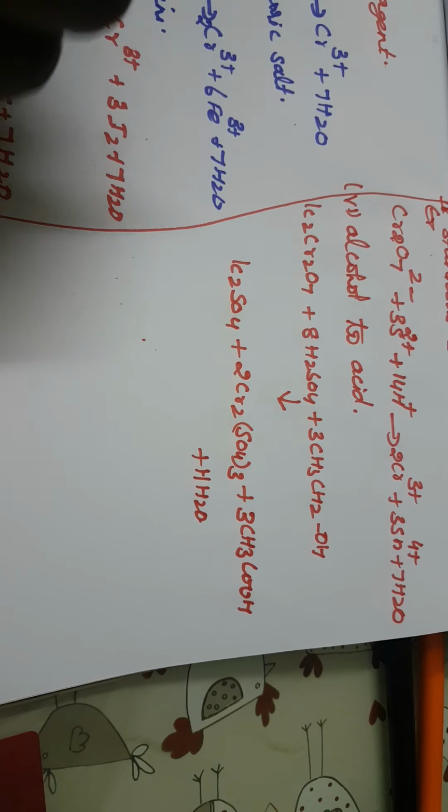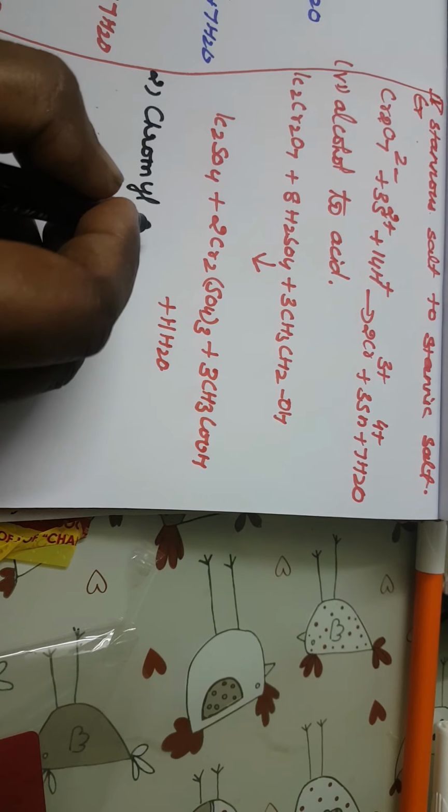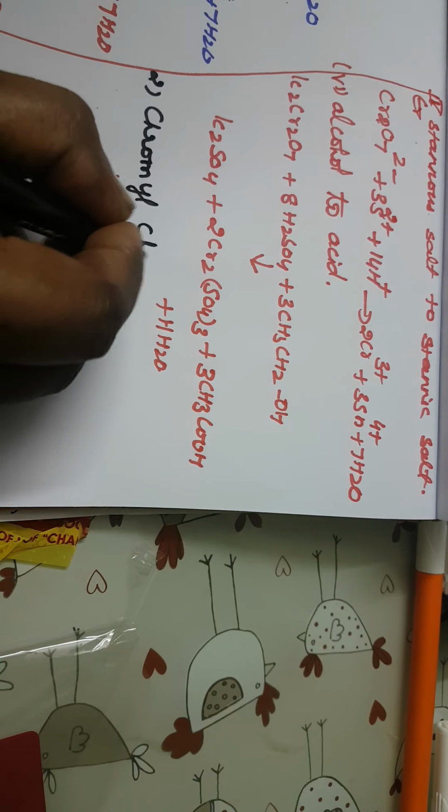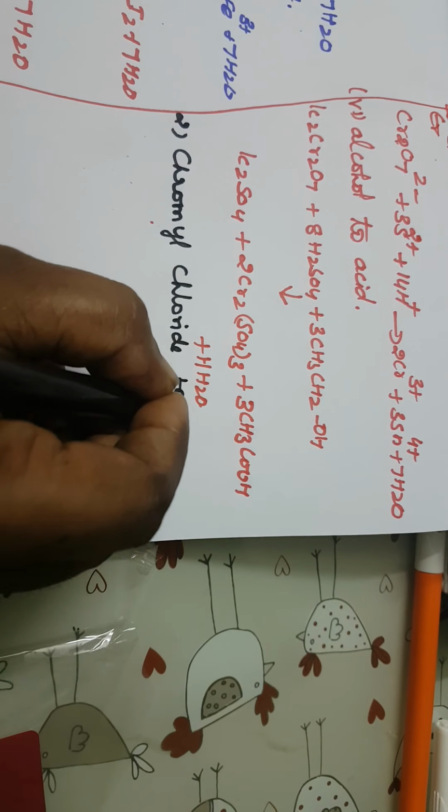So next we are going to see, that's all about the chemical properties. It is a powerful oxidizing agent. It oxidizes different ions, that is, chromous ion to chromic ion. So next one is the chromyl chloride test. It is an important test. In last year's practical we studied this chromyl chloride test for chloride. What is the chromyl chloride test?